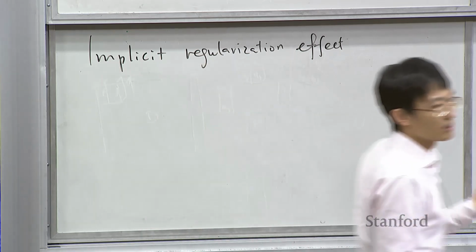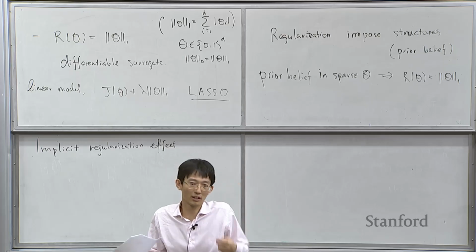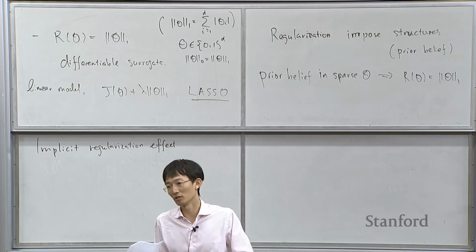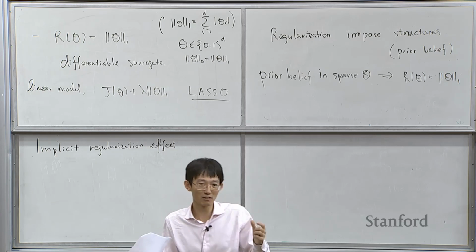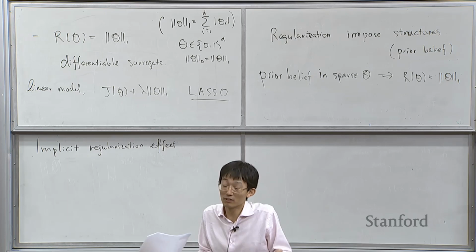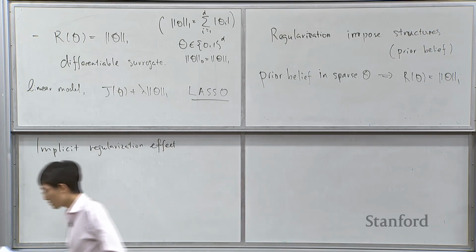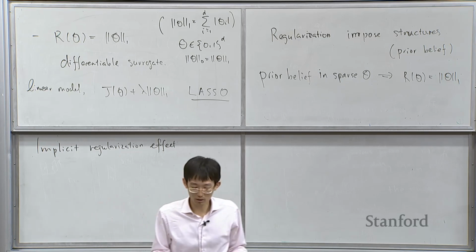So why in deep learning don't you have to use strong regularization? At least you can feel that the regularization stops mattering that much. It still matters when you really care about the final performance, like 95 versus 97%, but even if you don't use regularization, sometimes you get reasonably good performance. So that's why people, especially theoretical researchers, are wondering why you don't need to use strong regularization